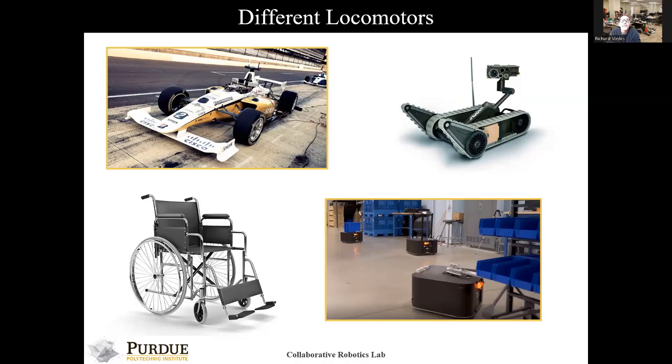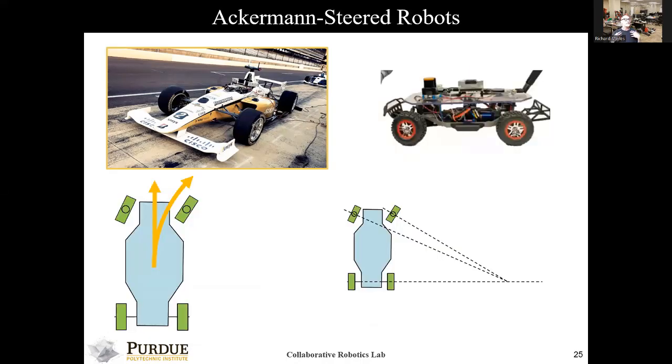Okay, students, I wanted to talk a little bit about different types of locomotors in the mobile robot or robotic vehicle category. Here are just some examples: a race car, a skid-steered or bulldozer-type tracked vehicle, a wheelchair, and here's our Omnivore, which you've seen in lab. Let me first talk about this race car, which is basically like other cars, and it's